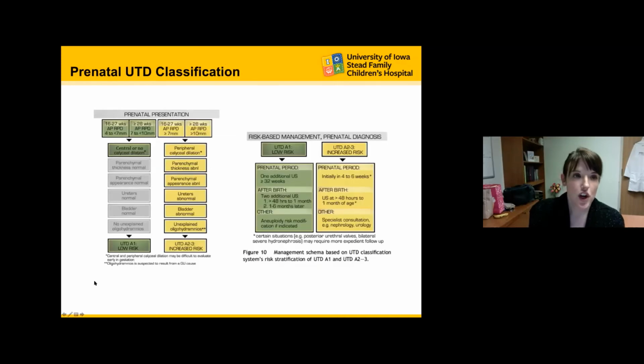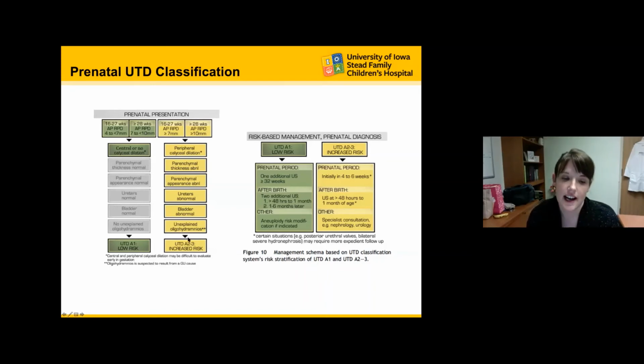Okay, so these are the prenatal classifications. The UTD grading system is split into UTD-A for antenatal and UTD-P for postnatal. These are specifically the prenatal guidelines, and they have two risk categories. There is the low risk category, or A1, which is really just based on the anterior posterior diameter being relatively mild, depending on the gestational age,